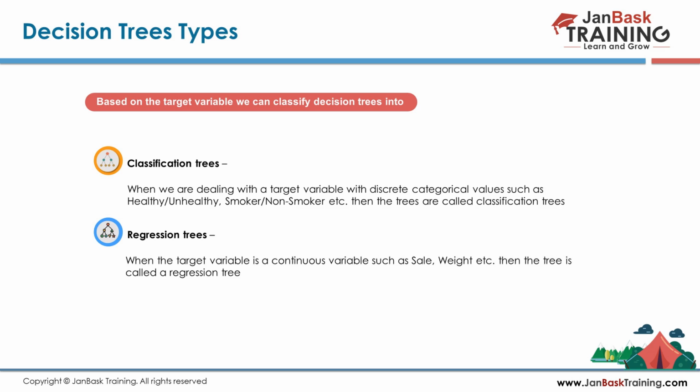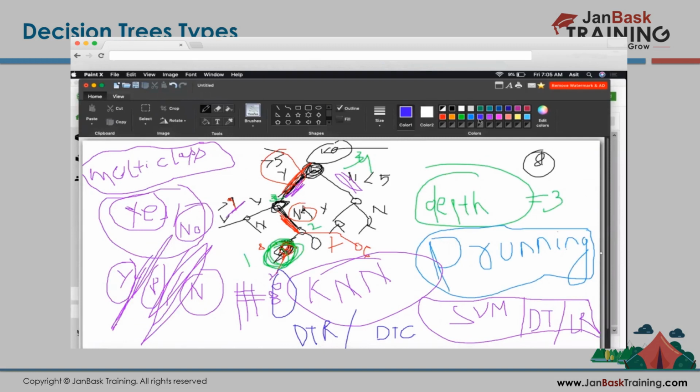Let me tell you what is a continuous variable and what is categorical. Categorical is a category, like yes is a category, no is a category, most probably is a category. These are called categories. A continuous variable is something you are predicting like 5.3, 8.6, 1, 2, or 9. Numeric variables with decimals or without decimals are called continuous variables.